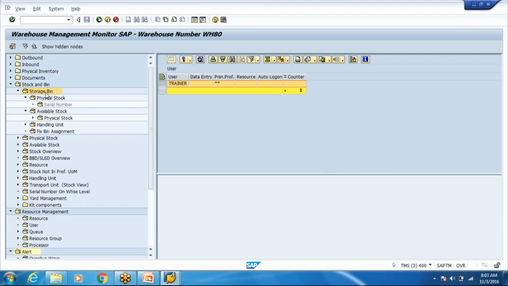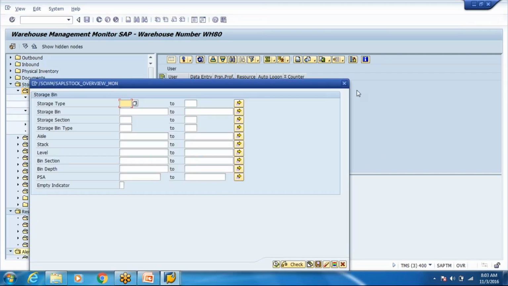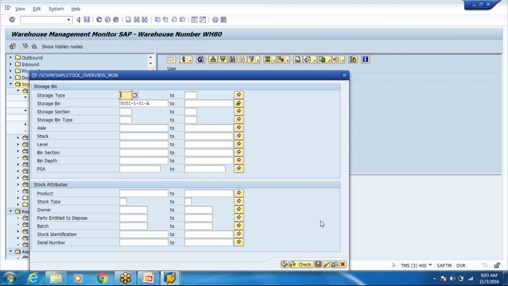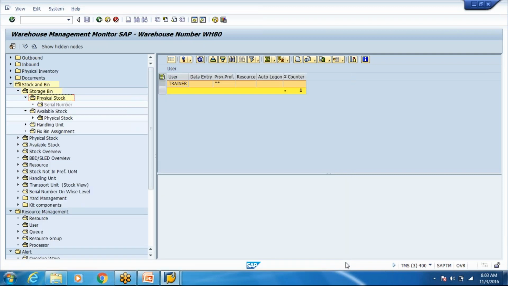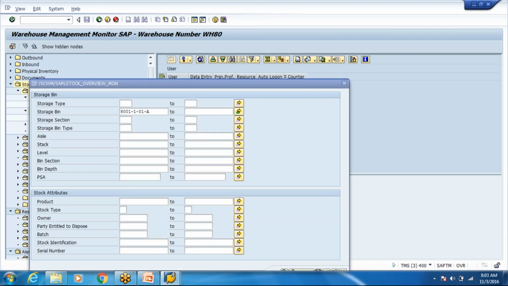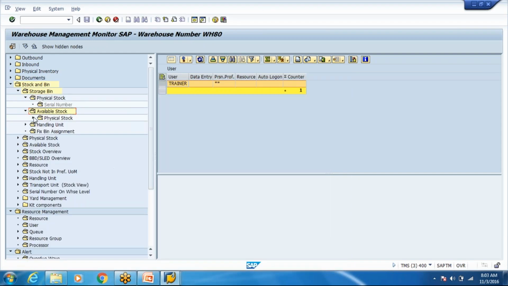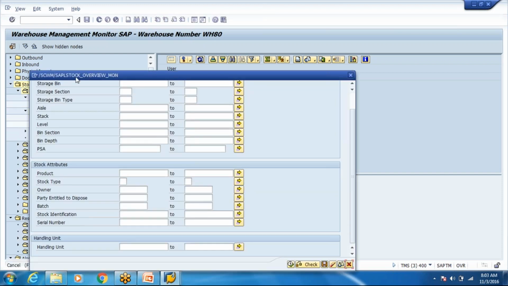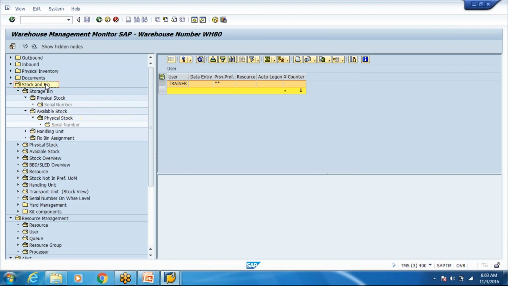If you go into stock and bin and look at the physical stock, say I'm doing some RF transaction, so on RF the stock is in my hand. I'm doing some confirmation on the screen, but I've picked the stock. So the stock is on the resource, and it will not show in either of the bins. It will show that it is with the resource. So you can track how much stock is there on the resource. I think you can track it somewhere here.